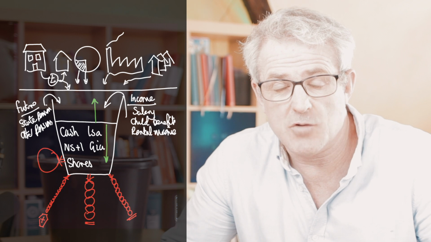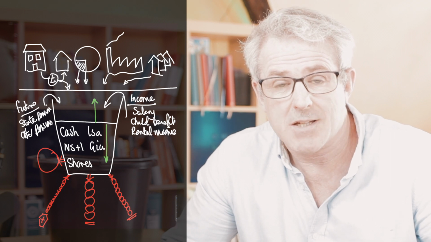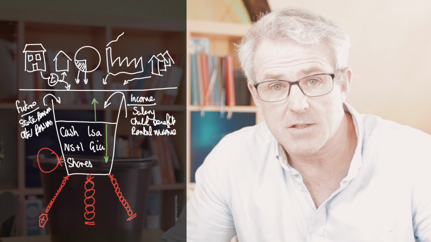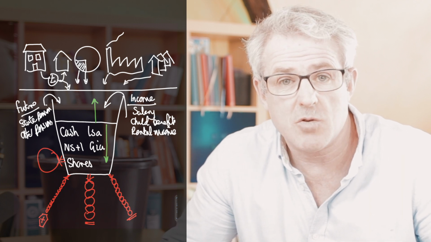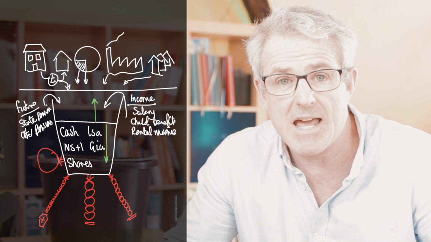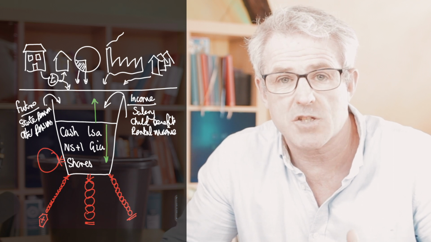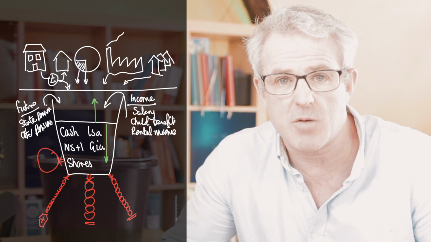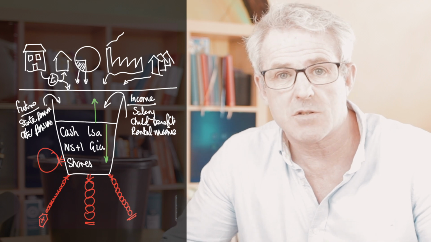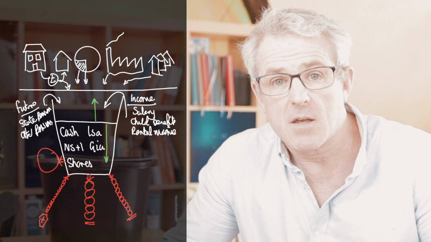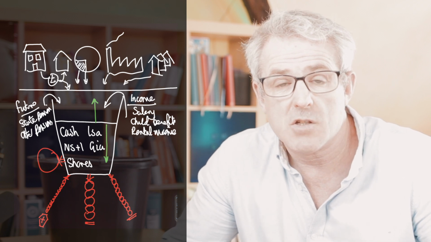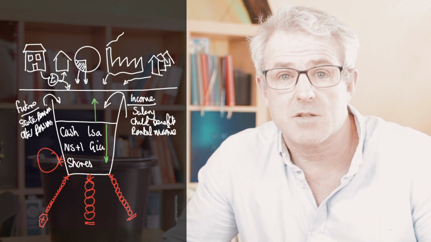You got to the end of your life with too much money, and now it's too late to do anything about it. And knowing that you're going to have too much money means that you can do something about it now. You can work less, you can finish work earlier, you can spend more in the active phase of retirement. You've got all these options rather than work, and then realise that you've got too much money to spend.